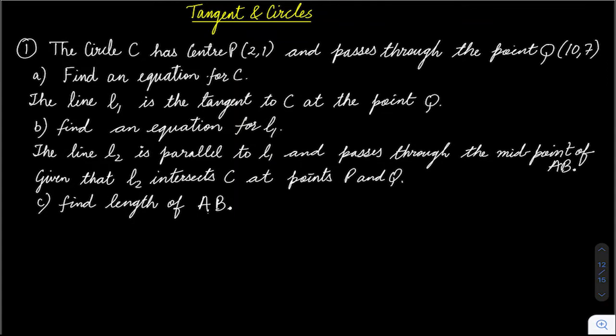In the previous videos of circles, we saw what the different forms of a circle are, how to find the center and radius, and then we saw what the different cases are between a straight line and a circle in a plane. There were three cases: intersecting at 2 points, intersecting at 1 point, known as a tangent, and non-intersecting, that is, not intersecting at all. So we saw those cases.